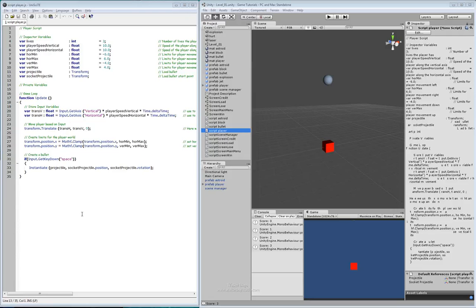Next up, we're going to look at making a shield or some sort of blocking device for our player character, so that as he's going through, if he needs to defend himself a little bit, he can actually put up a shield, and that'll kind of block things for him. So we're going to go to our player script, and in the player script, we're going to go in and